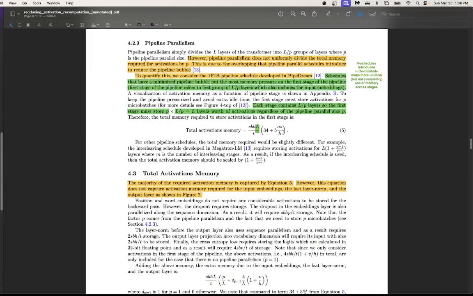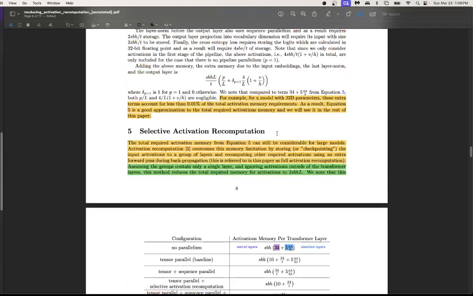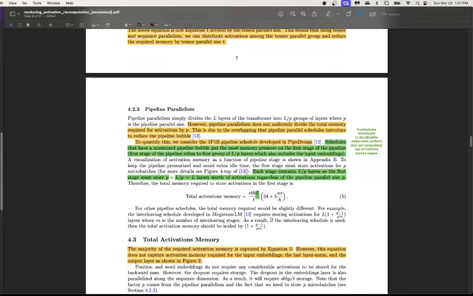It's the factor that we're going to multiply by this full term, SBHL over T. As the number of attention heads, sequence length, and hidden dimension increase, the peak activation memory required for the attention layers will increase by this much, right? In contrast, the whole rest of the model is only a constant, right? So even if the number of attention heads increases,